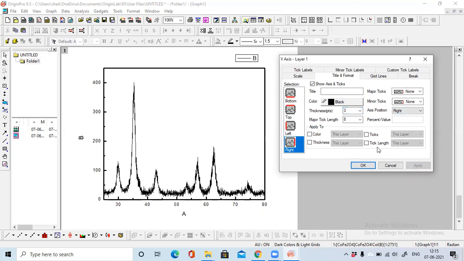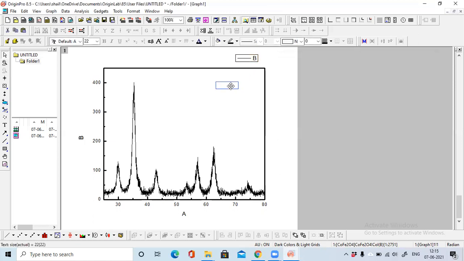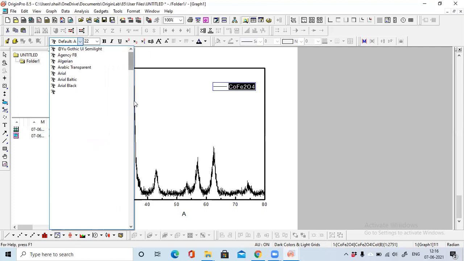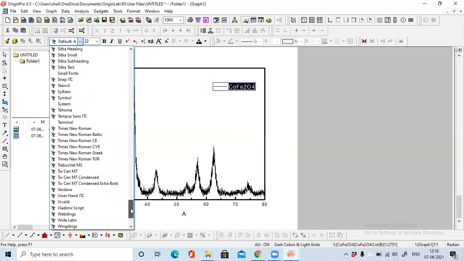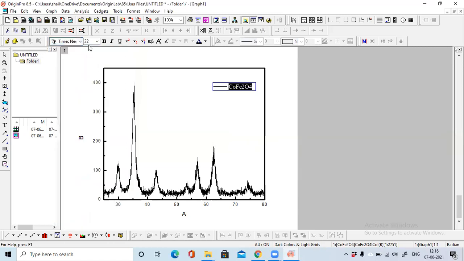Now you can change this name, like this is your cobalt ferrite, CoFe2O4, and you can modify this. Just you can change the font size from here, and what type of font; generally I use Times New Roman. I choose this, and you can make it 28, so it will show here.